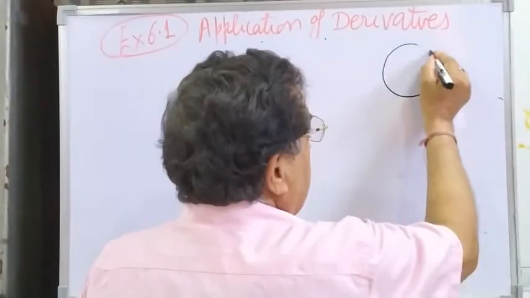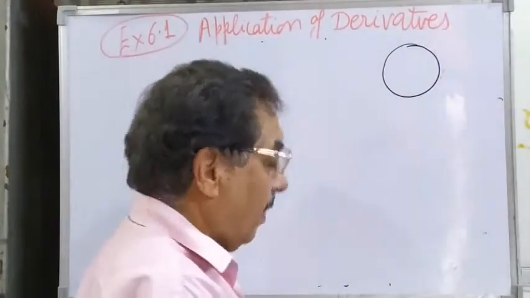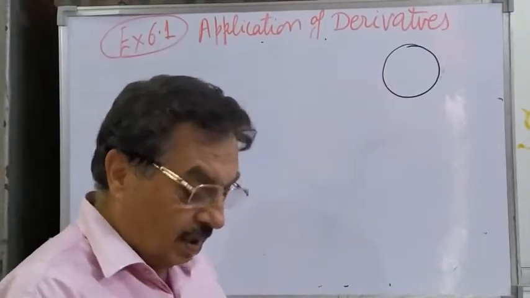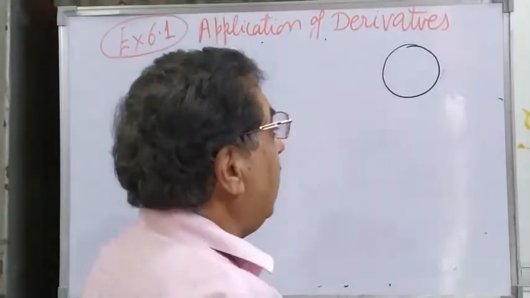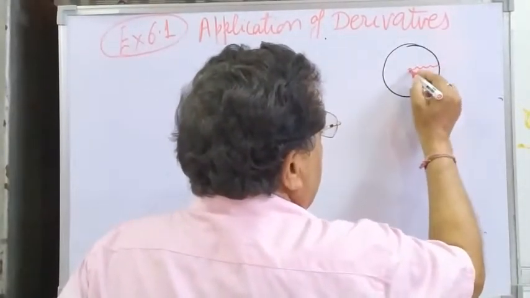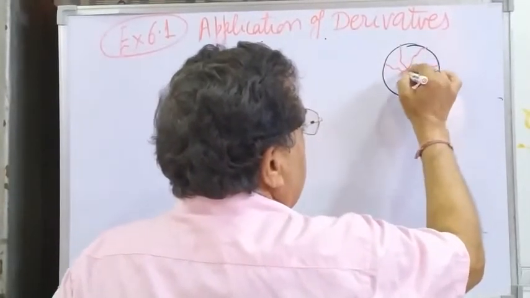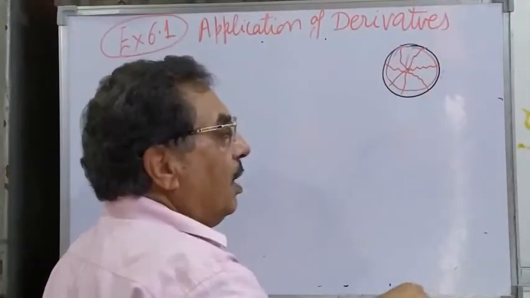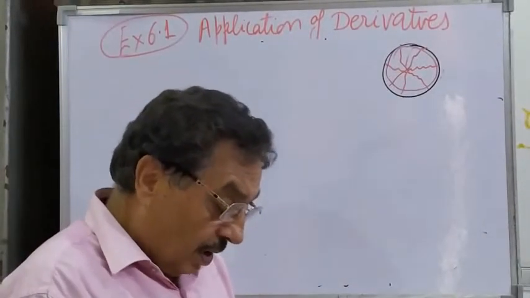This is a lake. I am showing how, suppose the lake is a circular one, because the stone is dropped into a quiet lake and the water waves move in a circle. Sometimes you must have seen the waves move this way. The waves of the water move in a circle.